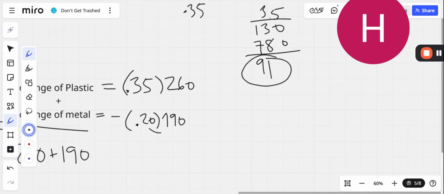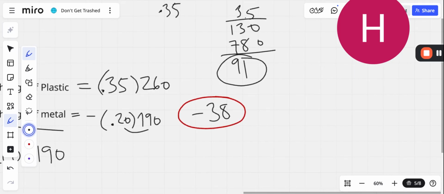And then this one's pretty easy. We just multiply by 2, essentially, and we get minus 38 items in terms of the metal. So if we combine these together, we end up with 53 over 450. And now it's time